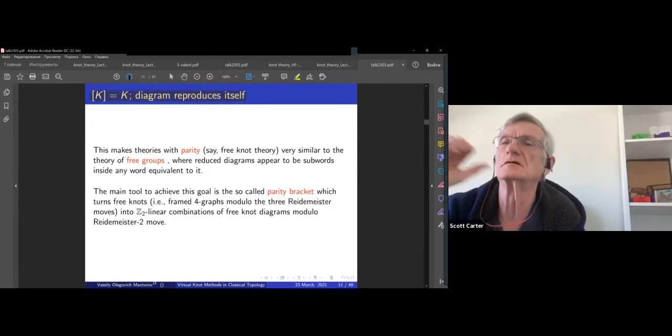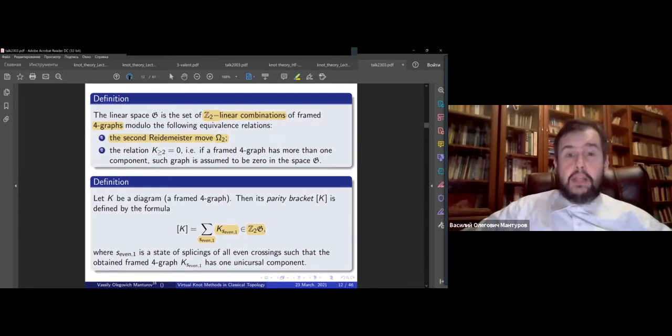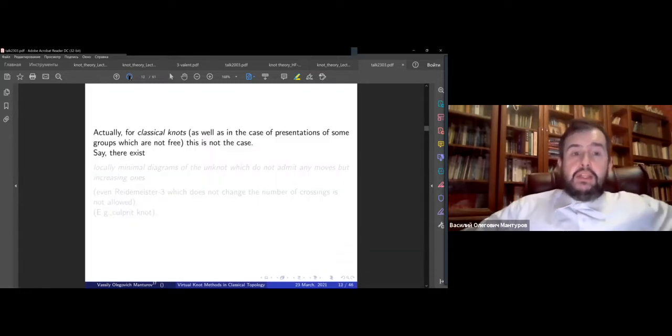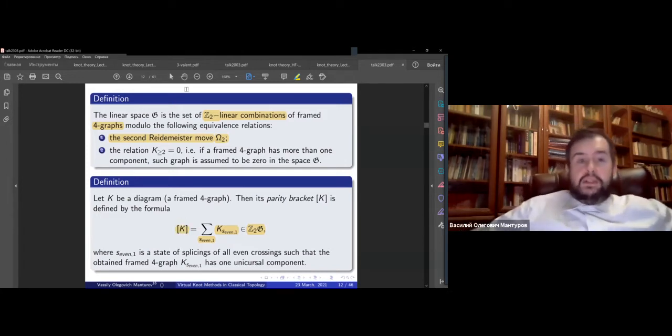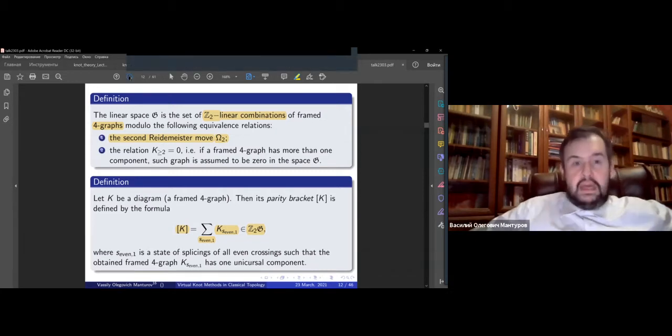Thank you very much. Yes, and actually we will see that there are many more parities than just this one. And whenever we have some sort of Z2 homology, we will have some parity. I will write down some parity axioms here. And here you see, if all crossings are odd, then the bracket of k equals k. And I'm happy with that.